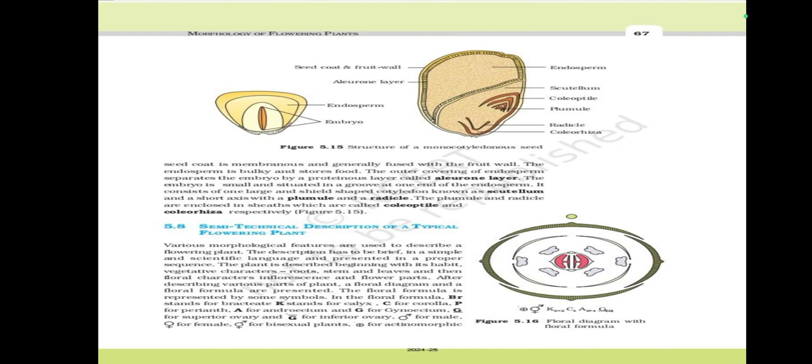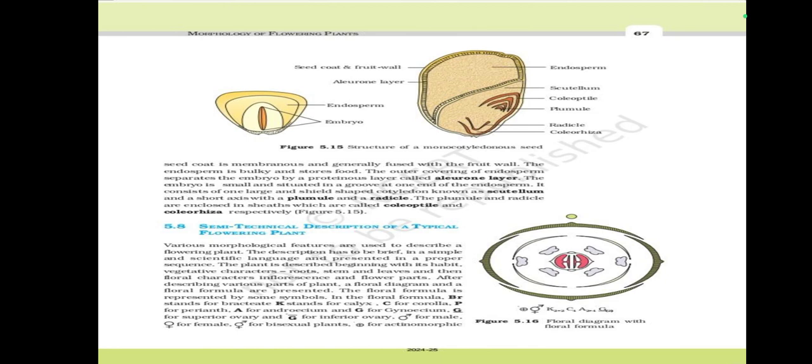The outer covering of endosperm separates the embryo by a proteinaceous layer called the aleurone layer. The embryo is small and situated in a groove at one end of the endosperm. It consists of one large and shield-shaped cotyledon known as scutellum and a short axis with the plumule and a